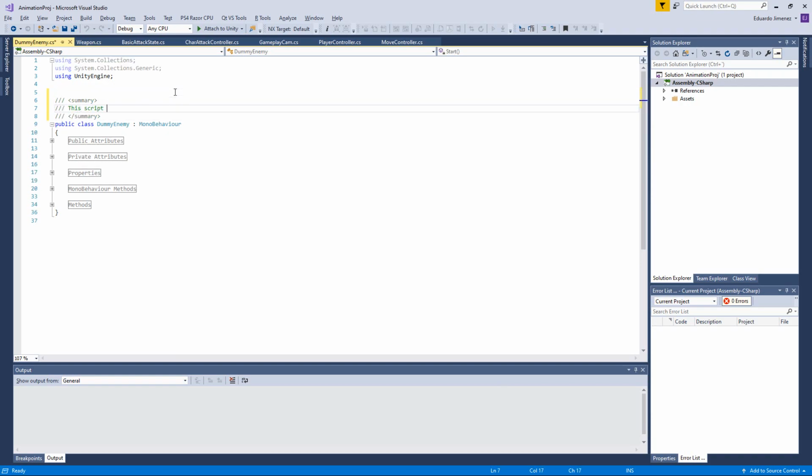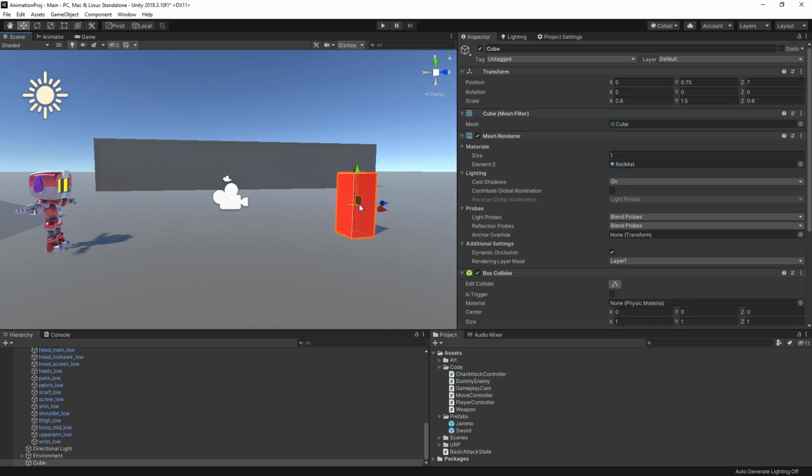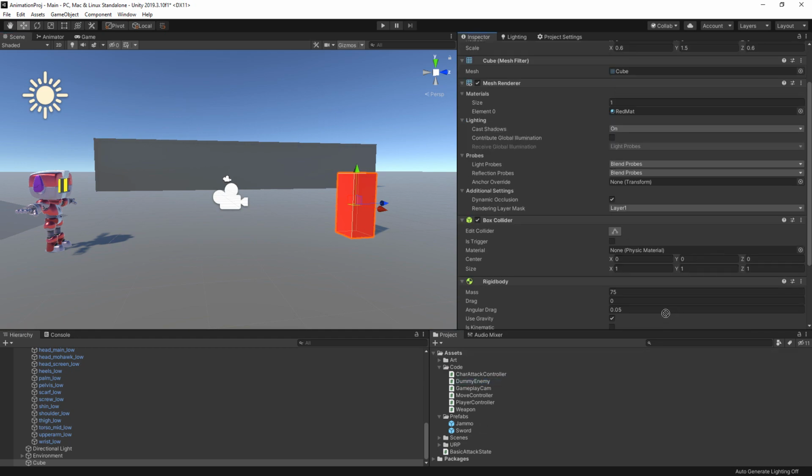This script controls the behavior of the dummy enemy we'll use in our example. I don't know, we will see what we do with it, but maybe we could do something like have some health, and when we run out of health then we kick the object. We could do that. Yeah, I think that would be okay. So we're gonna add this behavior here,